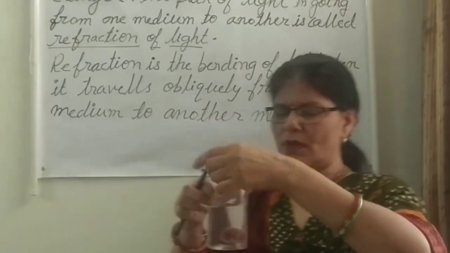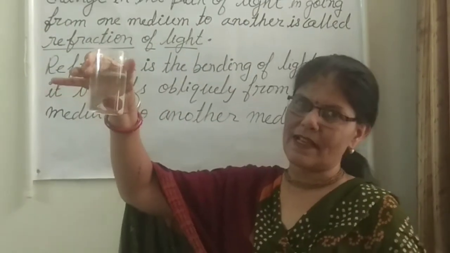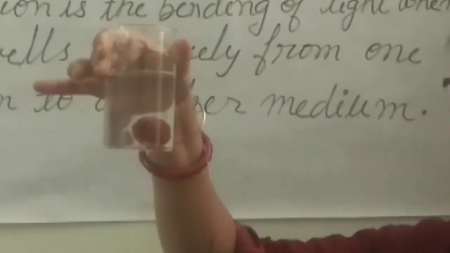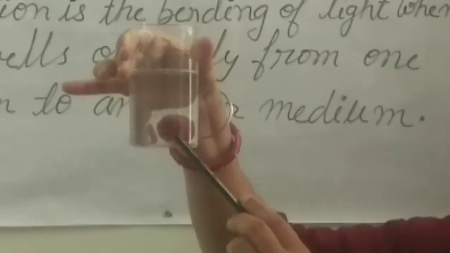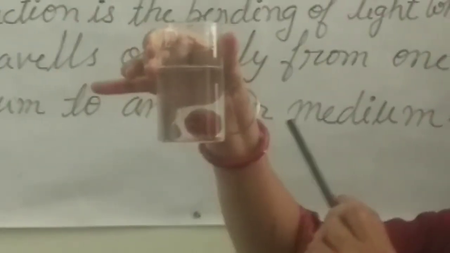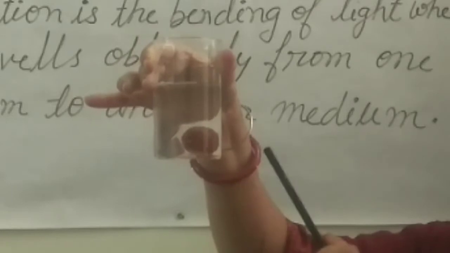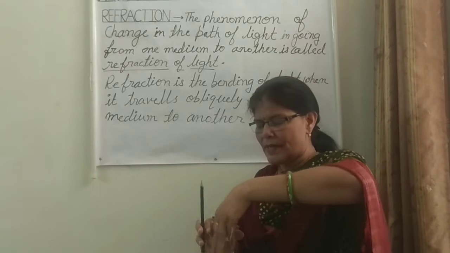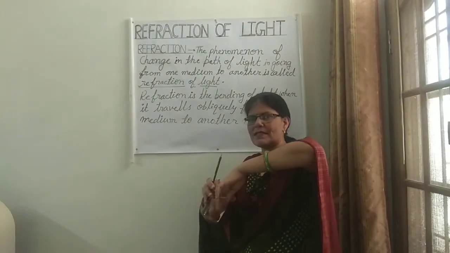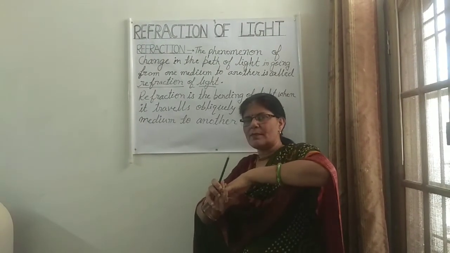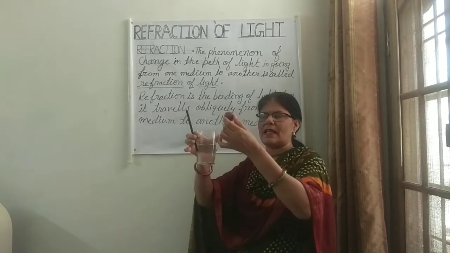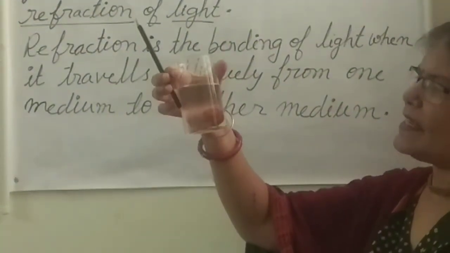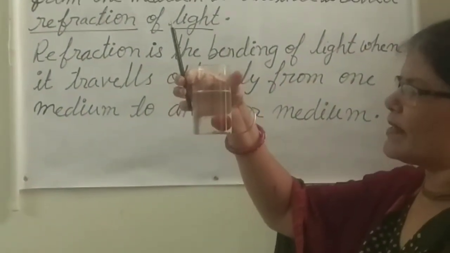When you put the lychee in water like this, look at its size. It seems its size is bigger than its natural, actual size. So the lychee has become bigger in size. This is appearing to us as bigger, but it is not actually bigger. When you take the lychee out again, its size remains the same. Its size is the same. But when you put it in water, just like the coin, its size appears increased. It becomes bigger in size.